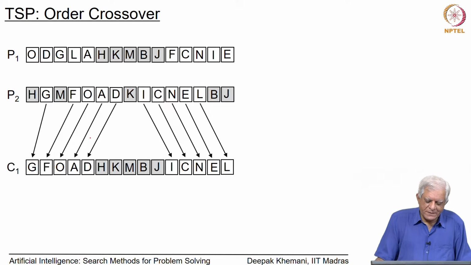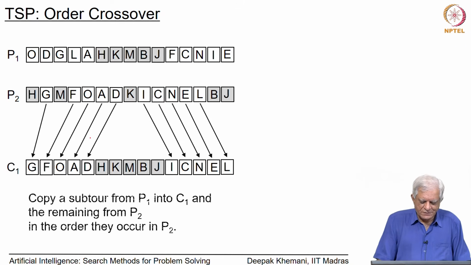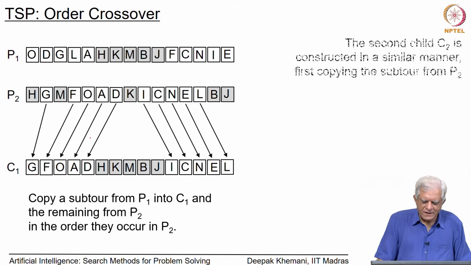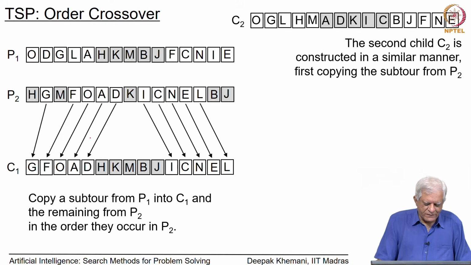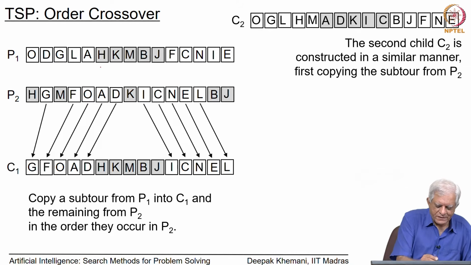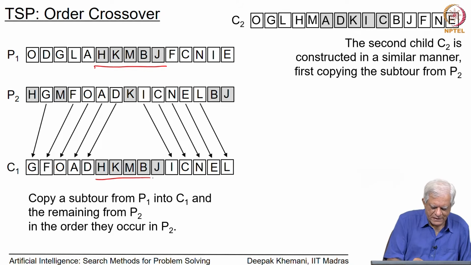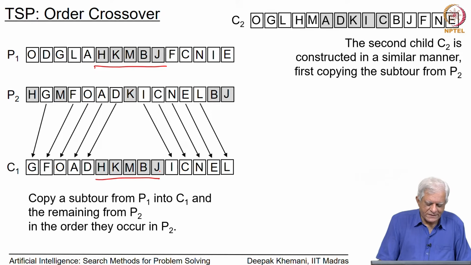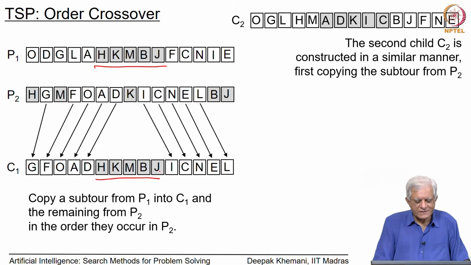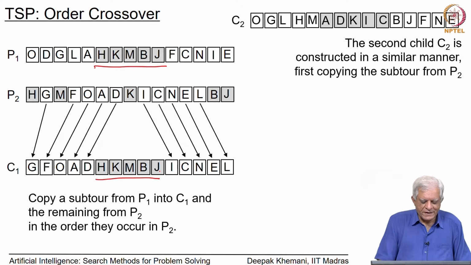Another crossover which relies on subtours is called the order crossover. This is a straightforward crossover where you copy the subtour, in this case the same H K M B J from parent 1 into child 1. As you can see, this subtour has been copied here, and then you look at parent 2 and ignore those cities H M K B J because they have already been copied, and the remaining cities you copy in the same order as they occur in parent 2. This crossover is therefore called order crossover, because in the second